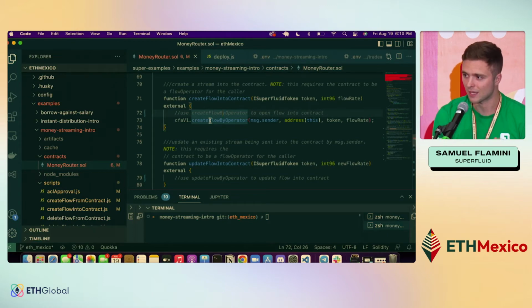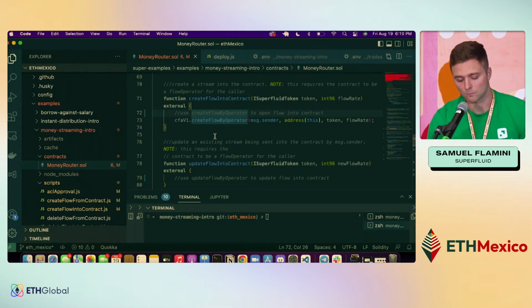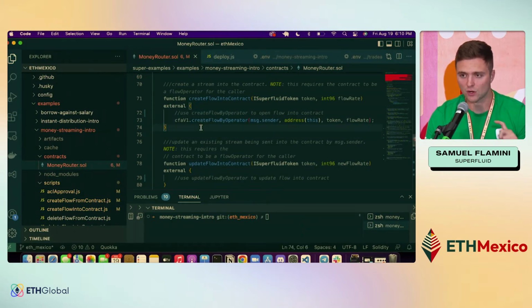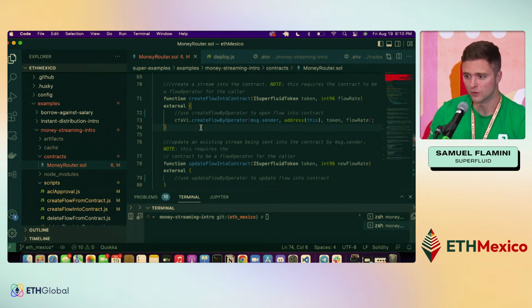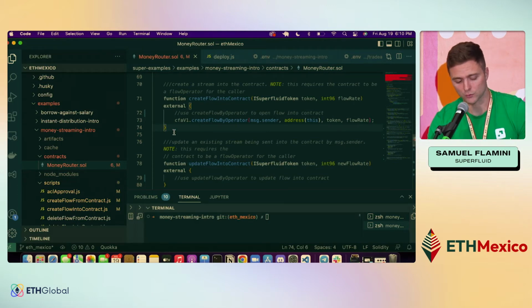So this is just tracing the value of message.sender within your individual calls. But before we make this call, we can use our ACL features, which allow us to provide access to a different account to open a stream on my behalf. This is just like an ERC20 approve, where I can allow somebody else to create a stream for me. It's fairly simple, and we'll go through a script that shows you how to do that as well.